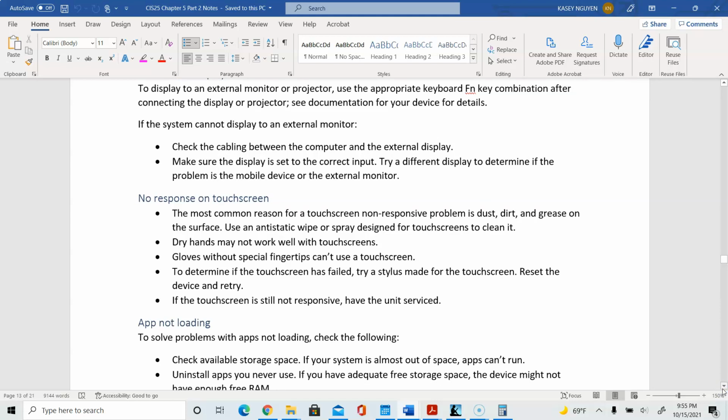So the next thing it goes over is no display, and it provides you with a list of different things that you can go through to look at the touchscreen. Be able to use dry hands, test the screen, touch the screen to see if it's still not responsive, and then